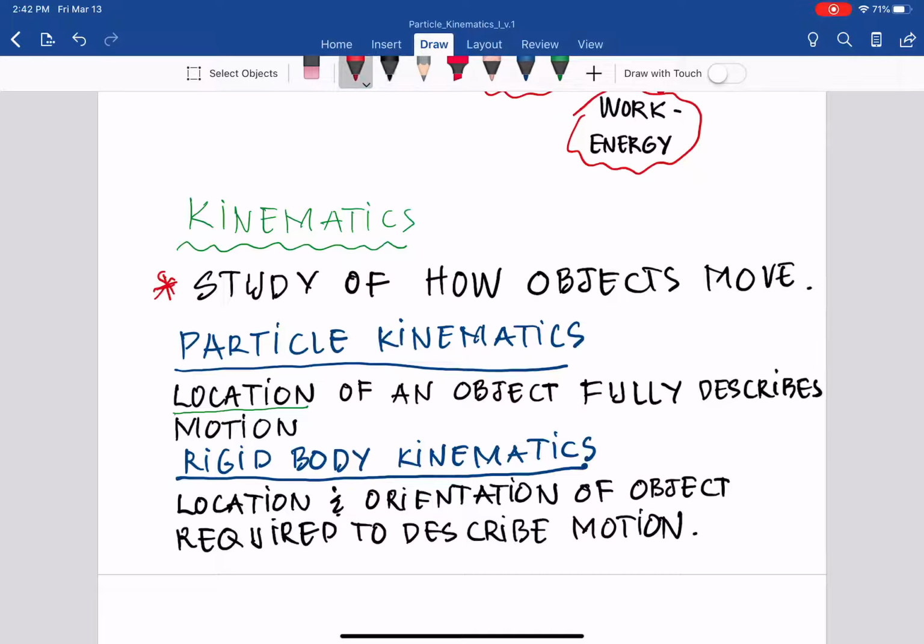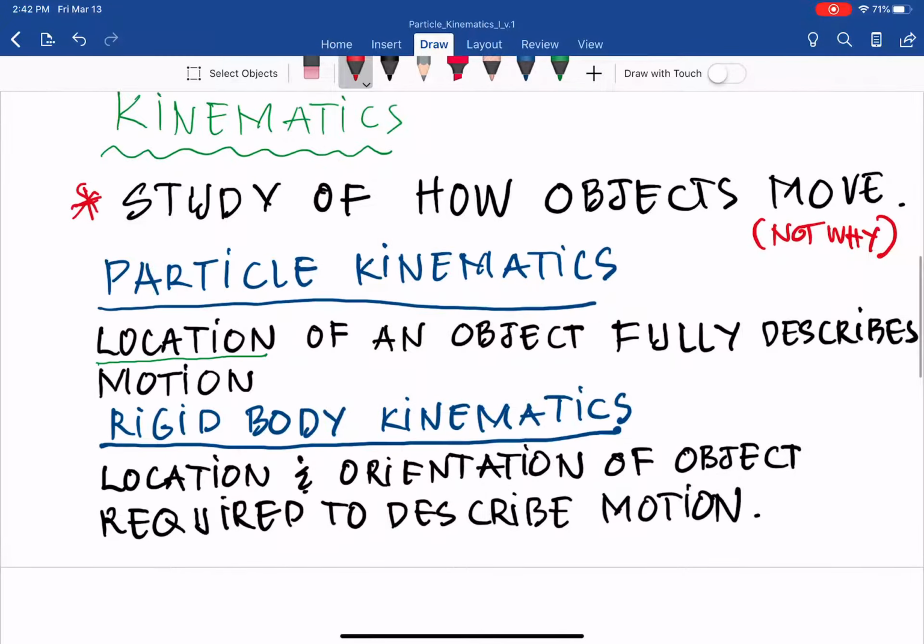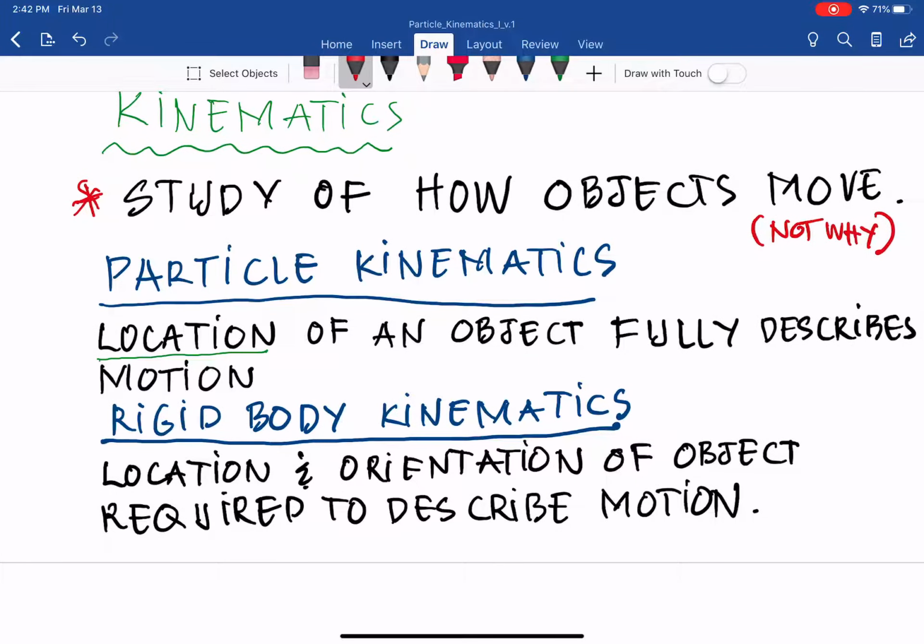I want to emphasize here, not why. That will be in kinetics. For particle kinematics, we need only the location of the object. For rigid body kinematics, we need location and orientation of objects to describe the motion. So with that, we move on to the next video for more about the